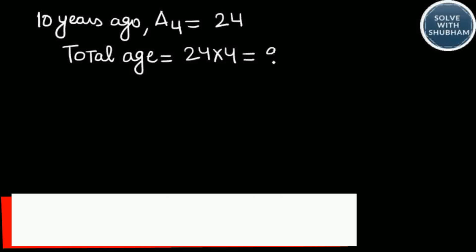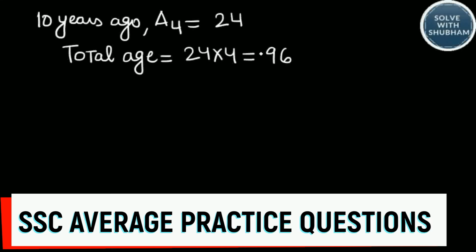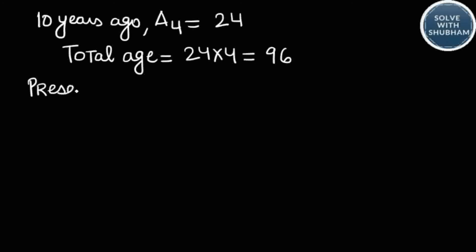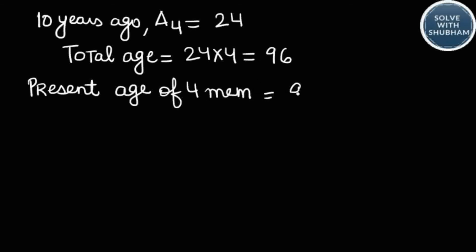24 into 4, 96. Present age of the 4 members would be 96. There were 4 people and 10 years, so every year their age would increase by 1. So this would be